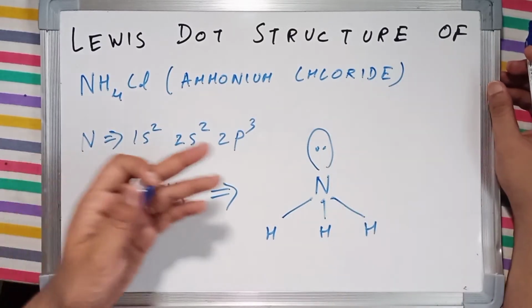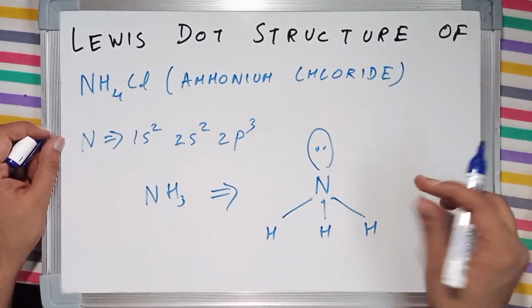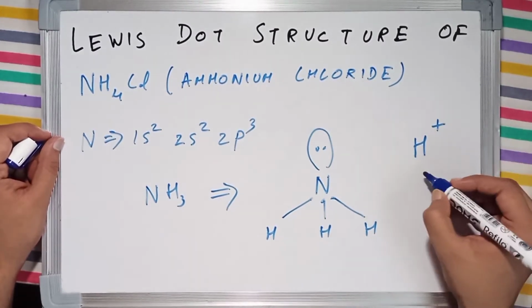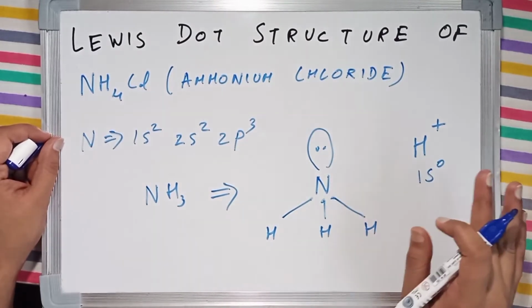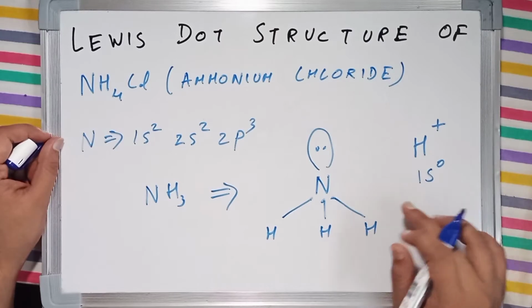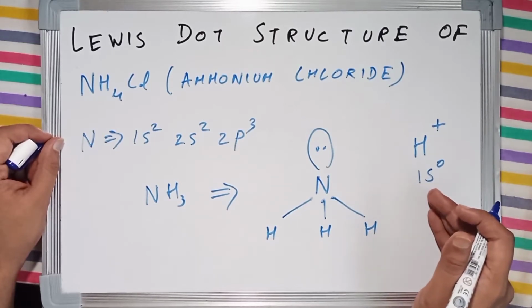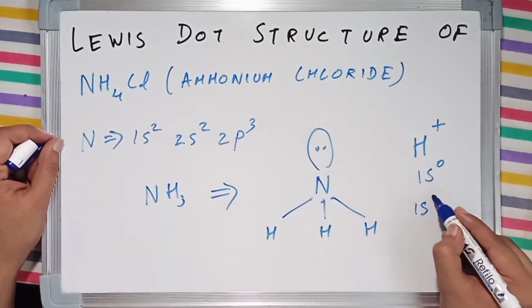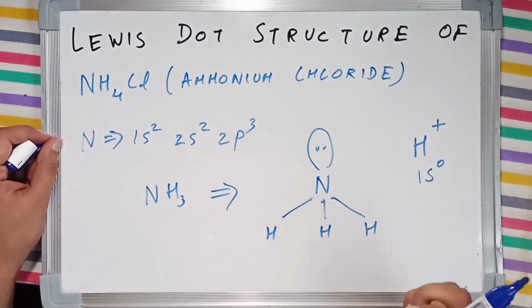And what is the process of formation of NH4+, which is the ammonium ion? Well, you've got a proton, which is H+, and its electronic configuration is 1s0, which means it has 0 electrons in its valence shell, which is the first shell. So in order to gain stability, it needs 2 electrons, because 1s can carry a maximum of 2 electrons, the 1s subshell having a single orbital.